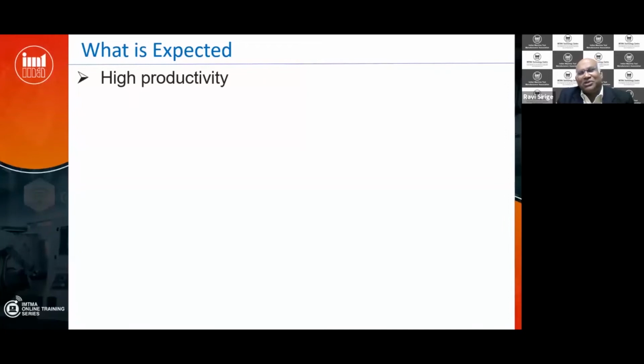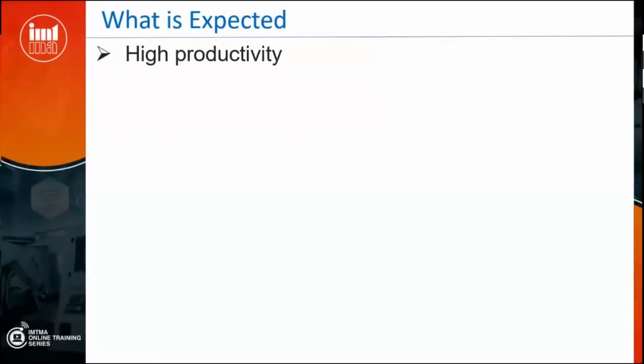When I say modern measurement requirements, what is it that we are expecting from a tool like a CMM? We want high productivity. I think that goes well with manufacturing, design, inspection, everywhere. We want high productivity.